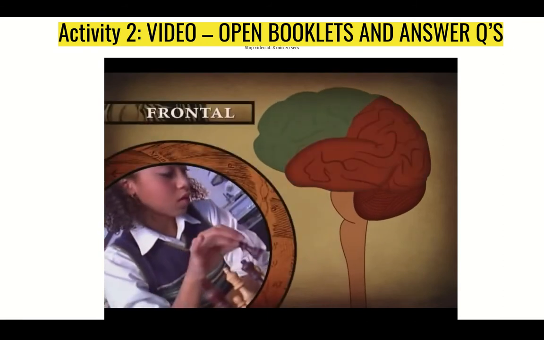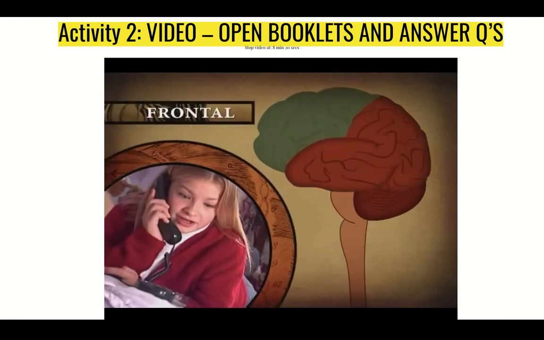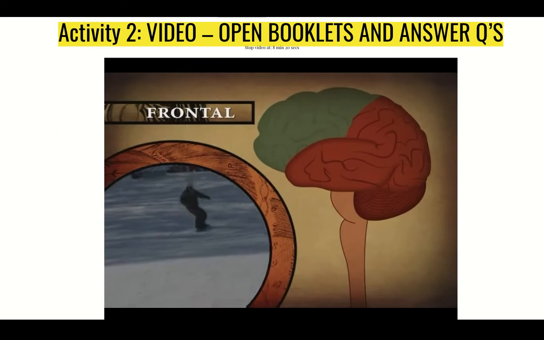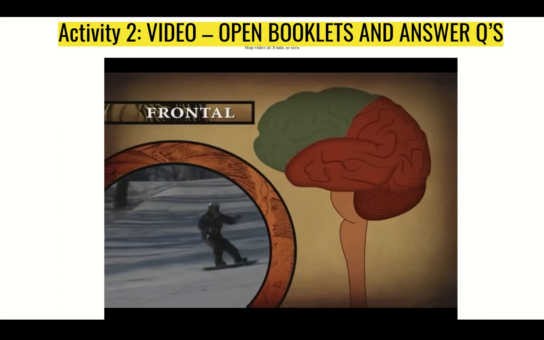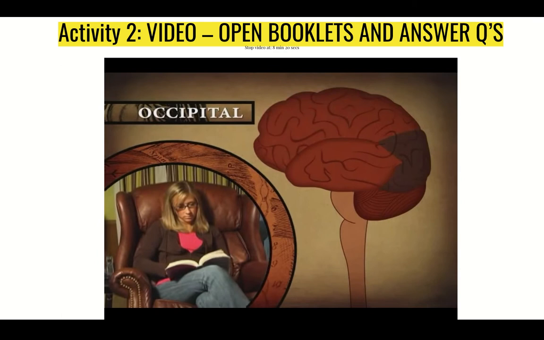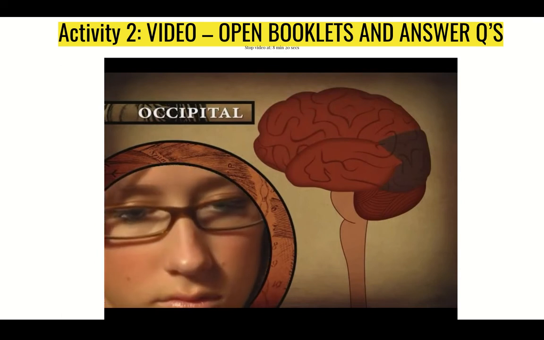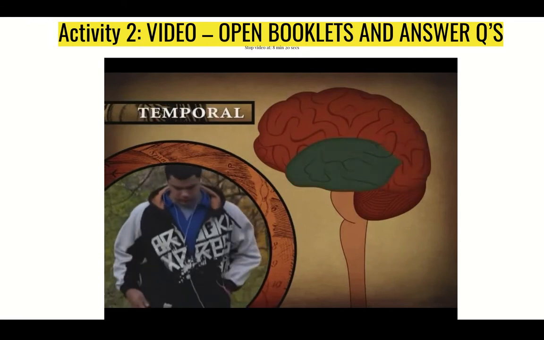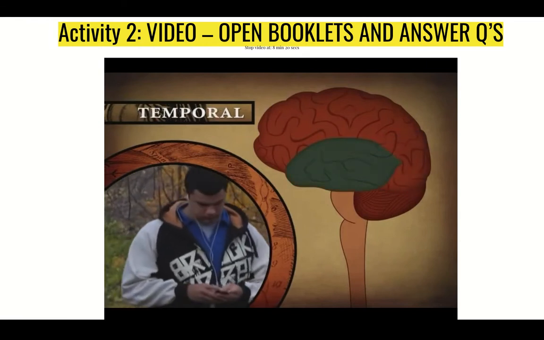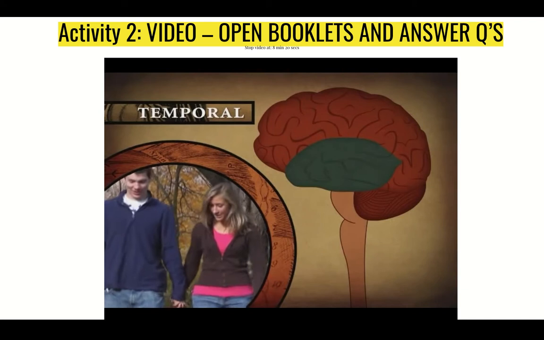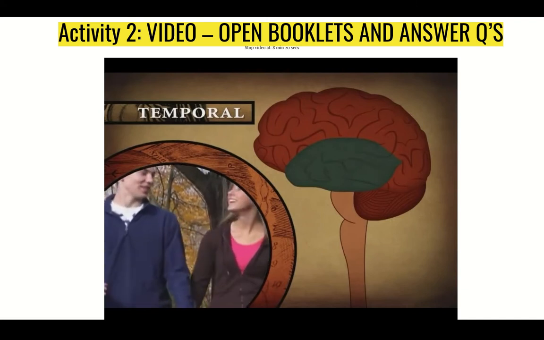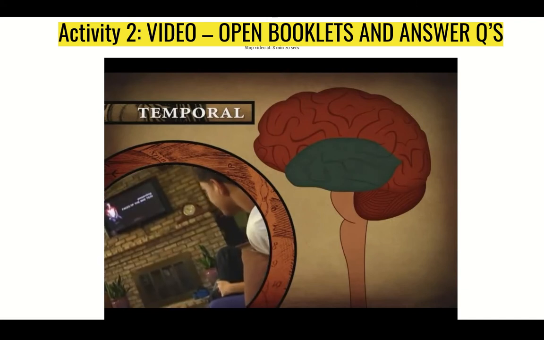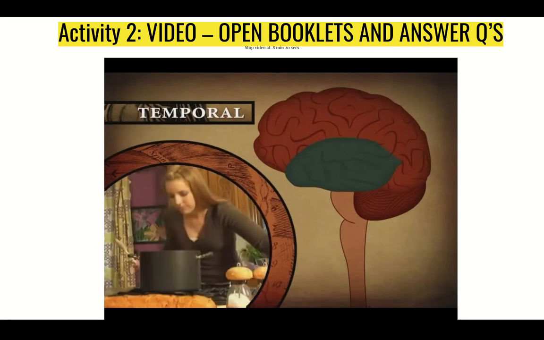The frontal lobe controls thinking, speech, emotion, and the planning and production of movements. The occipital lobe receives and interprets input from the eyes. Primary auditory input goes to the temporal lobe, which interprets it as sound. The temporal lobe also plays a role in feeling emotion, perceiving form and color, understanding speech, and in the sense